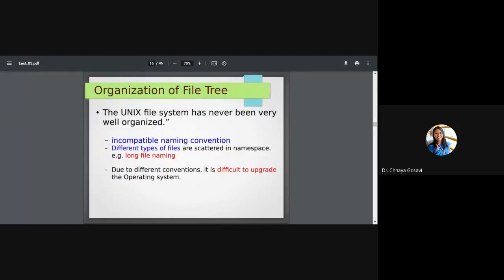The Unix file system has never been very well organized like Windows. It has an incompatible naming convention. Different types of files are scattered in the namespace, and it allows long file names also. Due to these difficult conventions, it is difficult to upgrade the operating system.